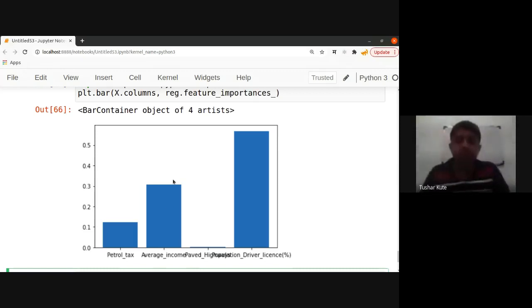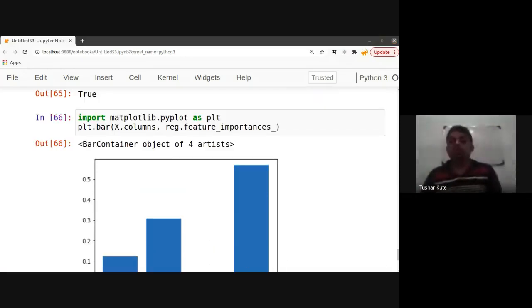Then average income is second, third is petrol tax, and fourth is paved highways, which is very less important. Fine, these are the feature importances we can see for the regression kind of algorithm also. So this is the common method that we follow to create the regression kind of